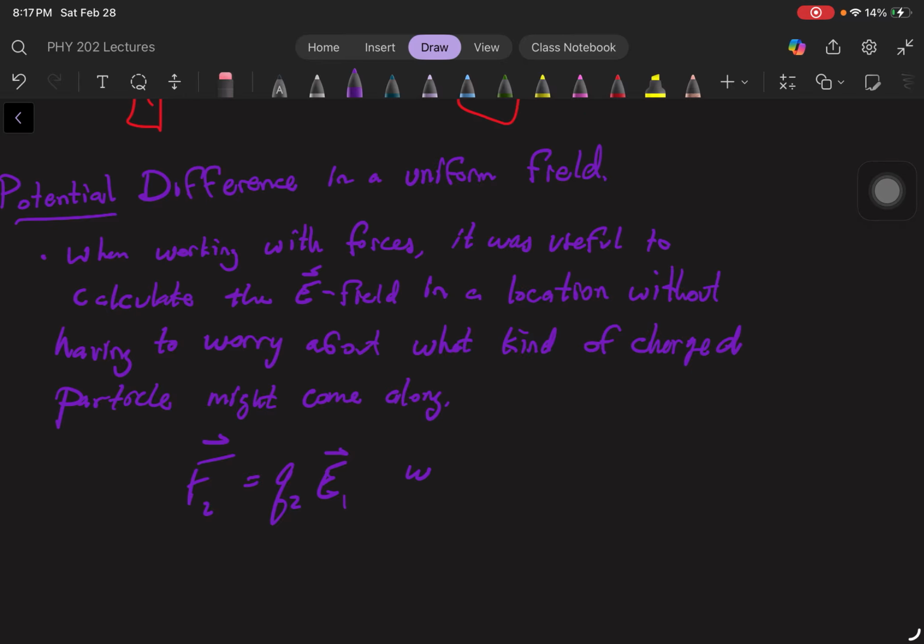And so let's say we want something that kind of follows delta U is going to be Q times that something, right? And so that way we could find the change in potential energy for any given particle that shows up,